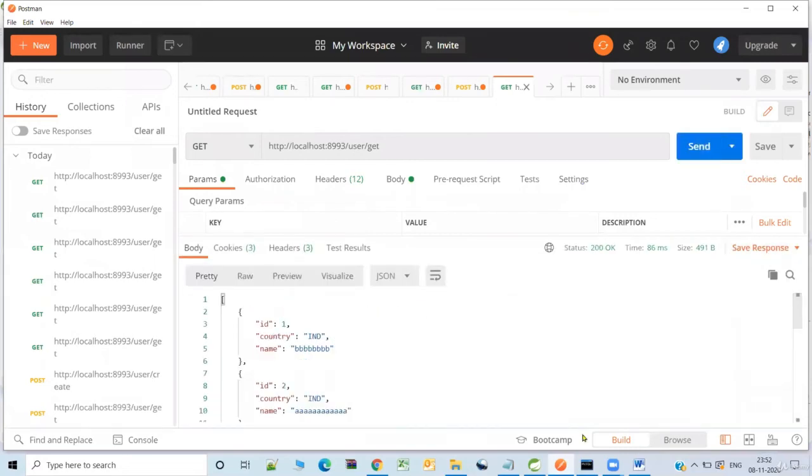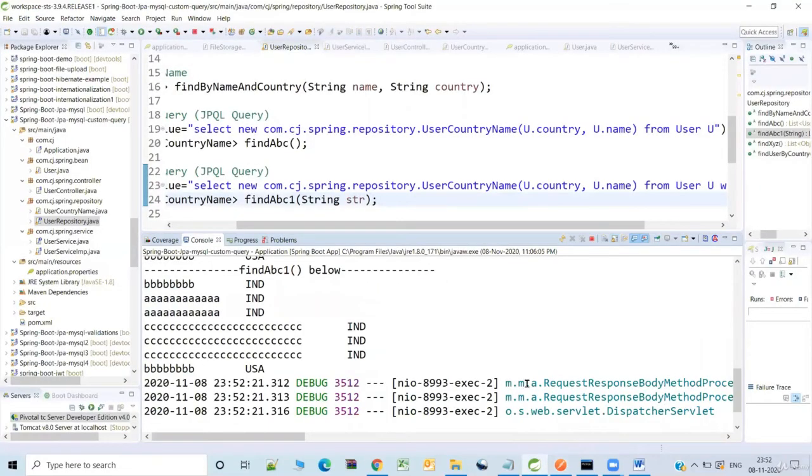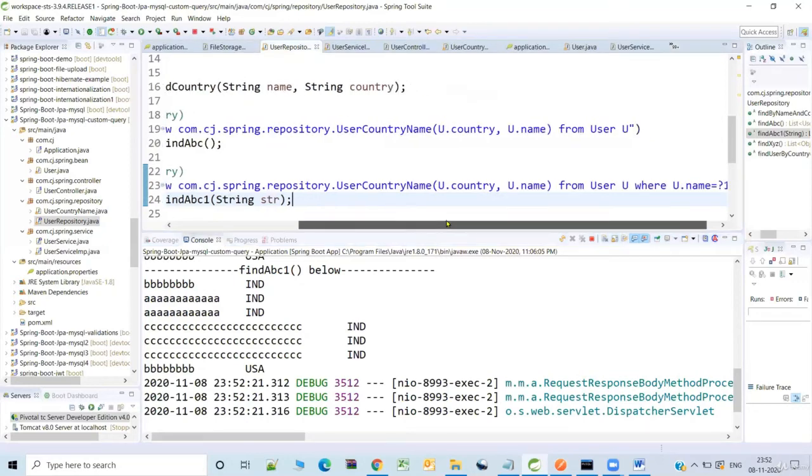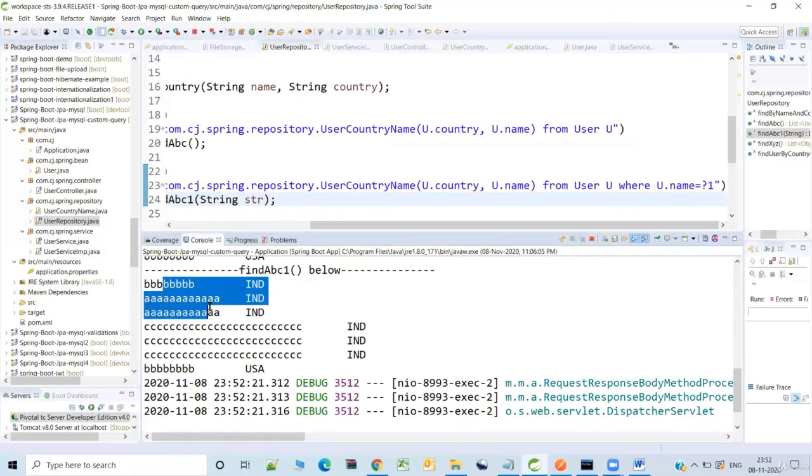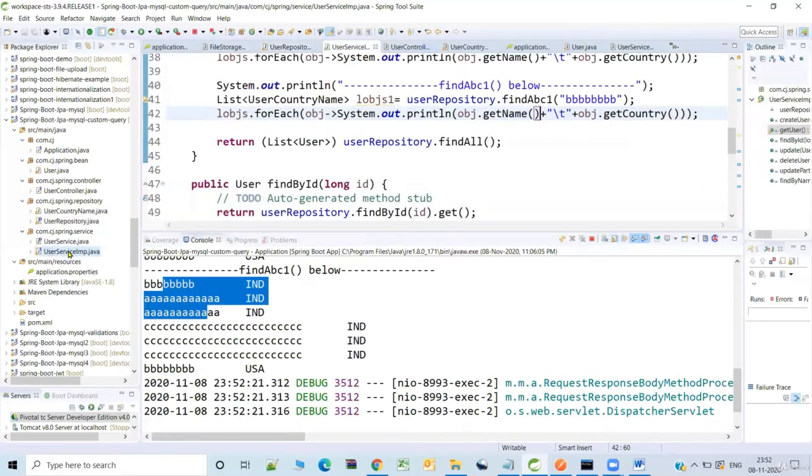Yes, so this time, find ABC1. Here what I'm trying to do is, I'm checking where username is $1, but I'm getting all of them. Like I said, after find ABC, it is basically showing all of them here.